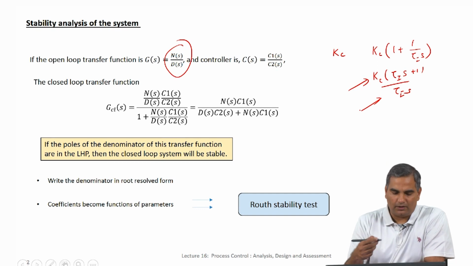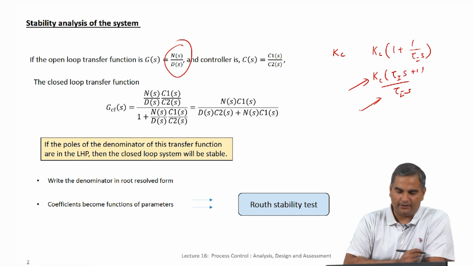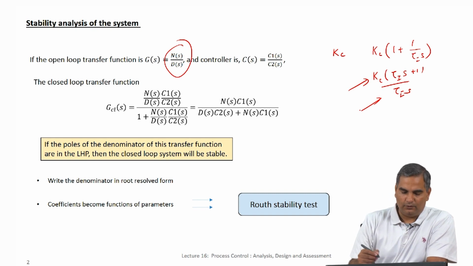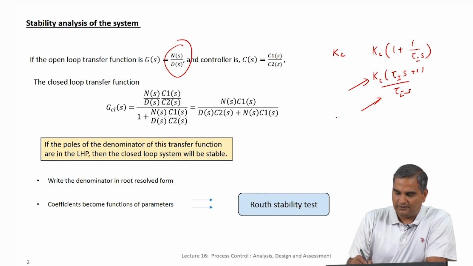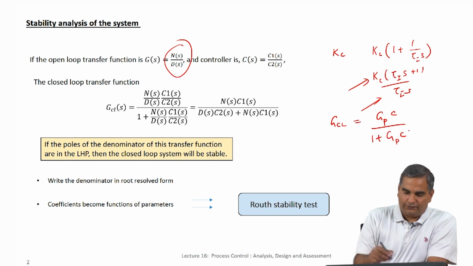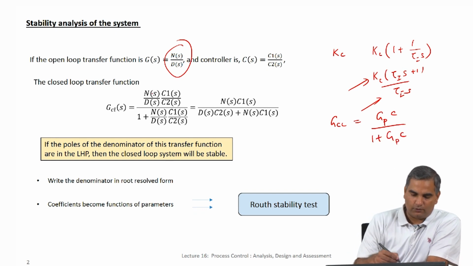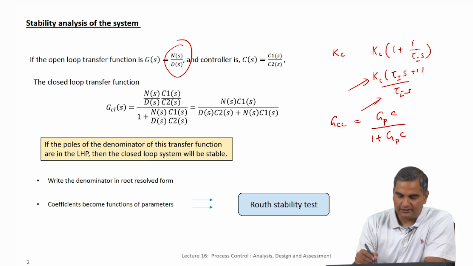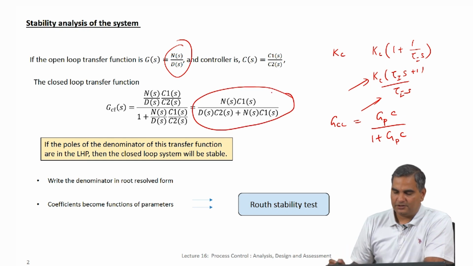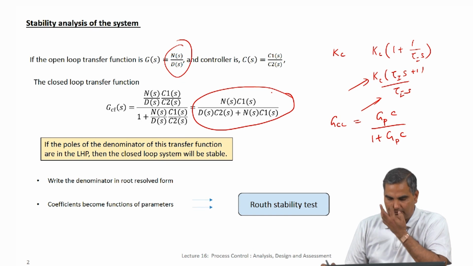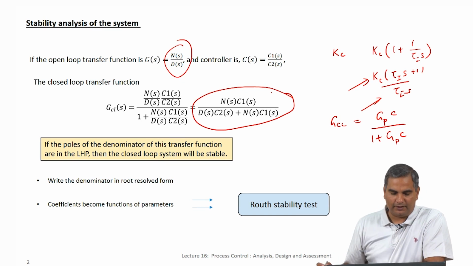So, in essence whatever we are doing, we can always write this in the numerator by denominator polynomial form, and then once we have this, we know the closed loop transfer function which we have seen several times. The closed loop transfer function is basically GpC by 1 plus GpC. So, if I write Gp as N(s) over D(s) and C as C1 over C2 and I do the simplification, then I will get something of this form, which is again some numerator by denominator form, right.